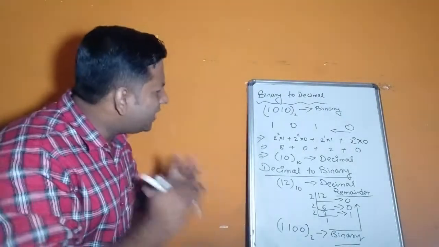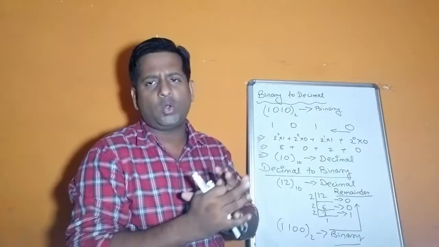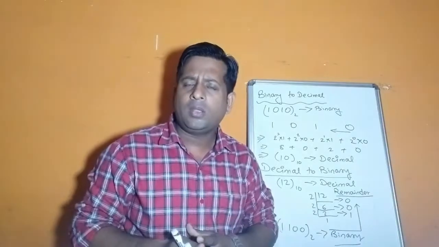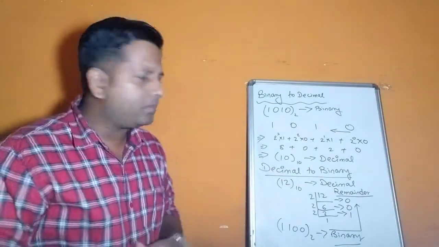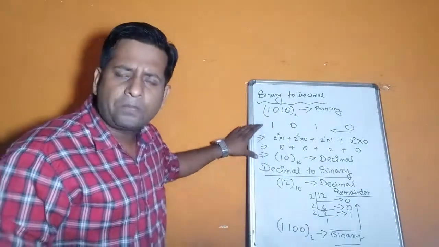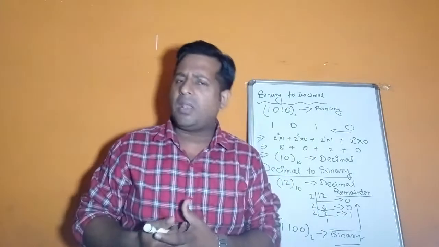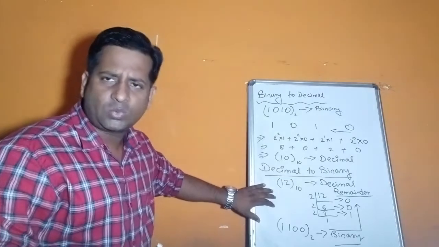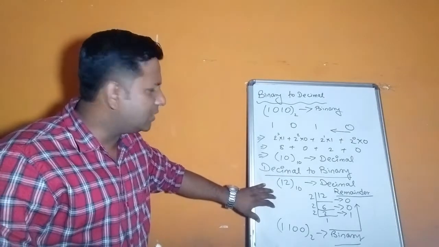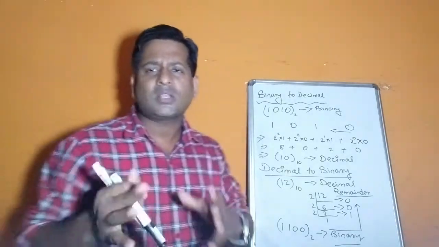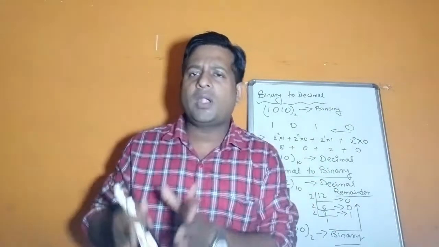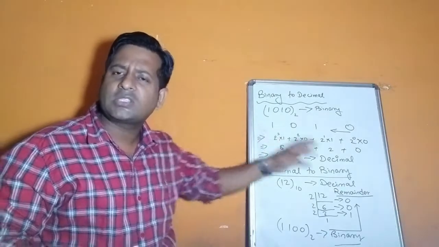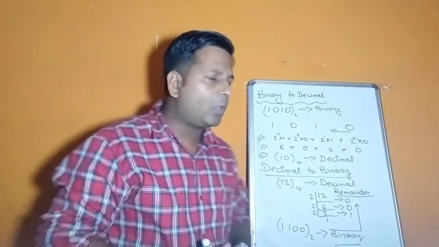It's very simple. Any numbers in this world, the binary form which consists of 0 or 1, can be converted to decimal form. The technique is this one. And decimal numbers again can be converted back to binary form. The technique is this one. Clear children? I'll be giving you some tasks, some homework also, where you'll learn by yourself how to convert binary to decimal as well as decimal to binary. Now let us see the other one.